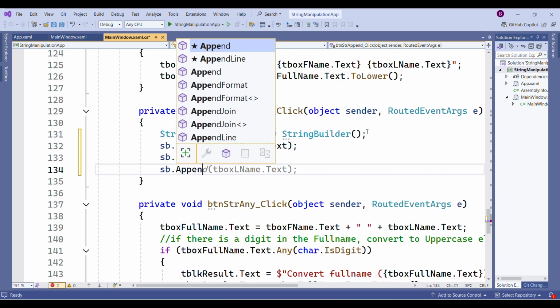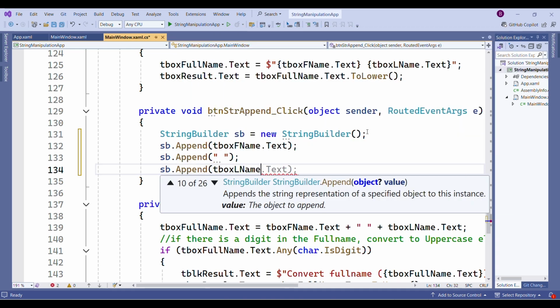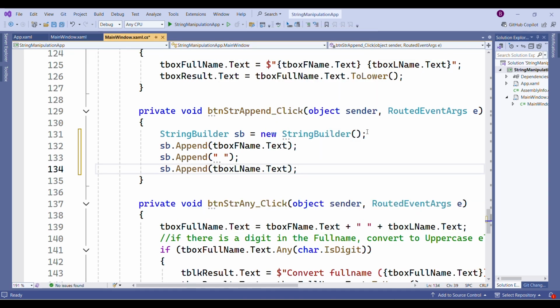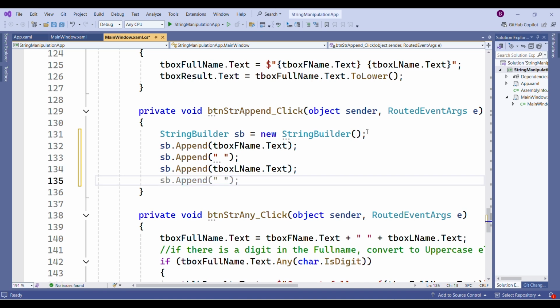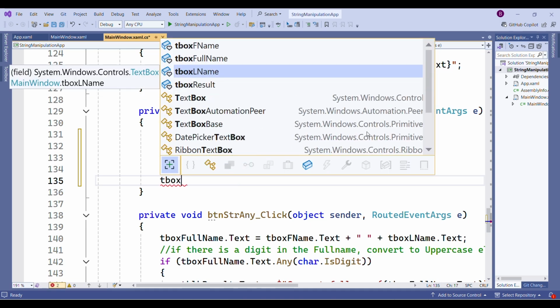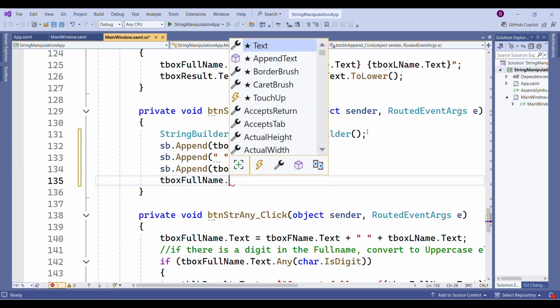So append tboxLName.text. So we append this, and then we now have the full name available in the form of first name, space, last name. We then have to assign this string that we have built, which is actually the full name, into the tboxFullName control element. So we assign it to this.Text,